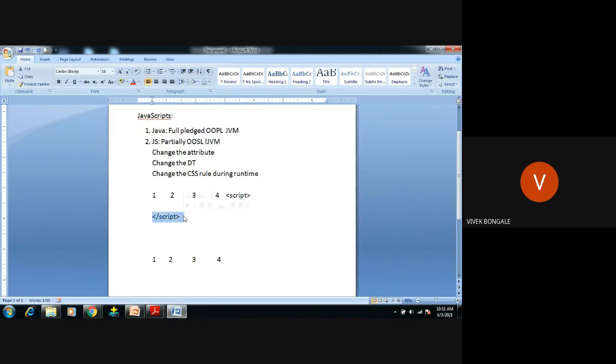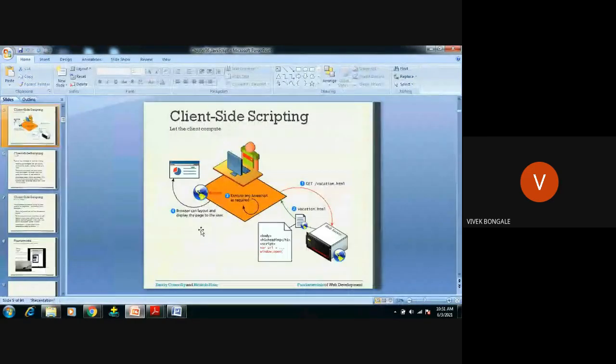These tags indicate to the browser that it is using some JavaScript program. If that HTML program has a script, it will be sent to the client and executed as required. Where will this script be executed?